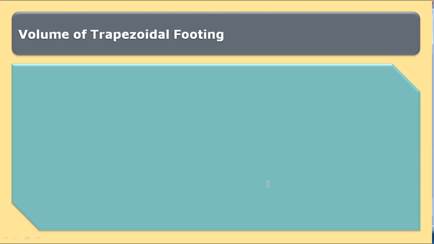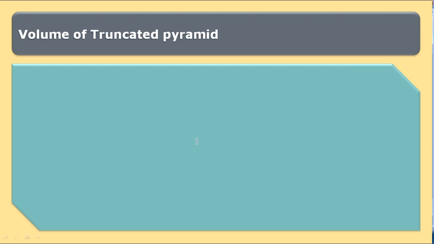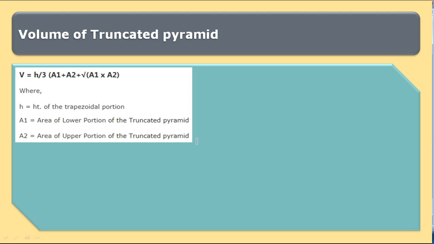So the volume of trapezoidal footing is equal to the volume of truncated pyramid, that is this much portion, plus the volume of rectangular cuboid. So first of all, we'll calculate the volume of truncated pyramid based on the principle of frustum of pyramid. Thereafter, we'll calculate the volume of rectangular cuboid and we'll add these up so as to get the volume of trapezoidal footing. So the volume of truncated pyramid is calculated using the equation V equal to h by 3 into (a1 plus a2 plus under root a1 into a2),